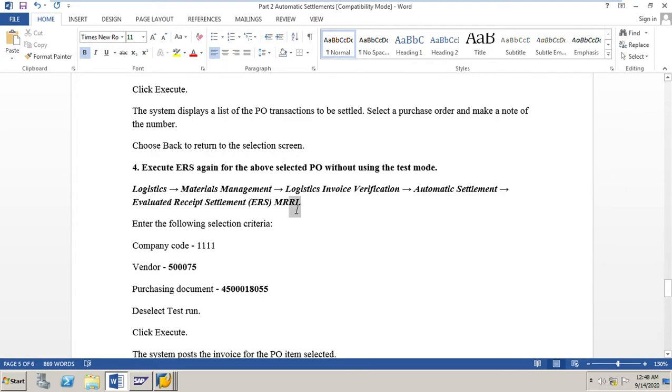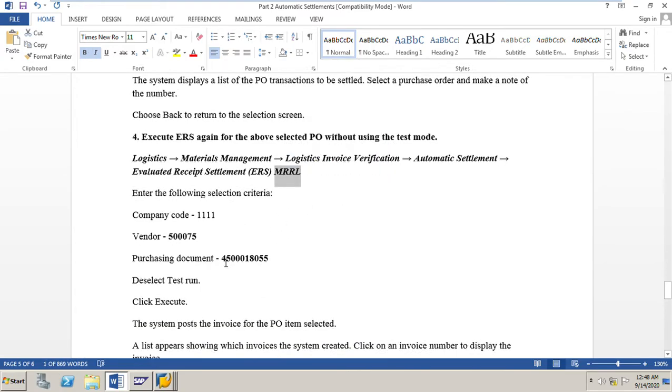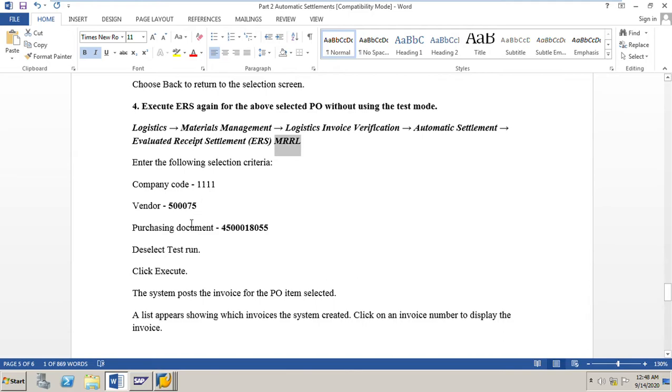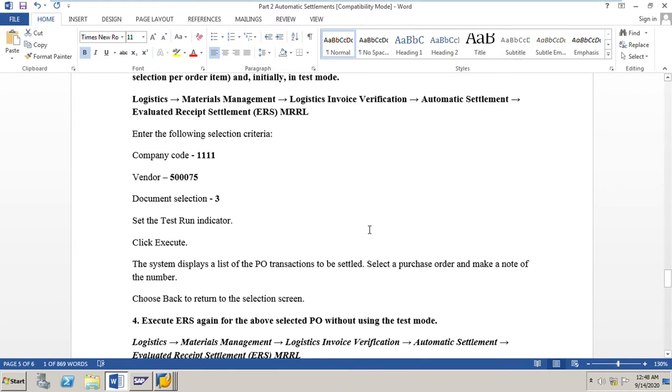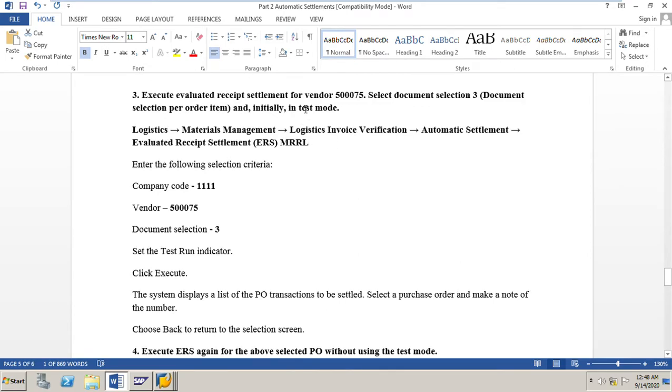So again we should go to MRRL and input our selection criteria, company code, vendor. In the test mode, if there are several purchase orders for which we can post the invoice using ERS, then the system will display the list of all the purchase orders.